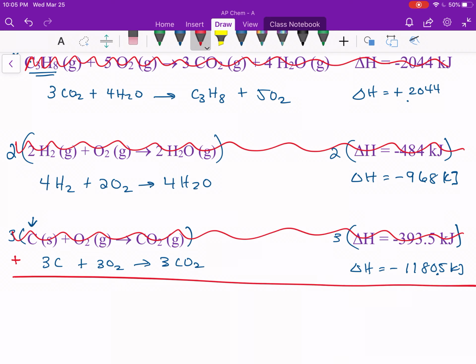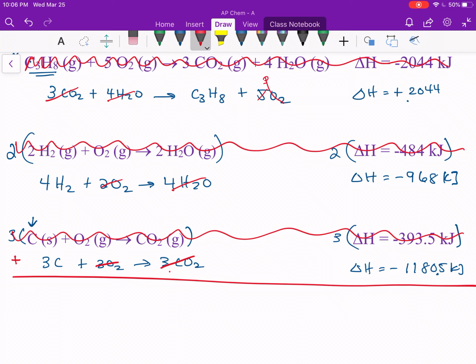But again, before we add, let's cancel things out that appear on opposite sides of the arrow. So if I look here, I have 3 CO2s here, and in the third equation, I have 3 CO2s, so I can cancel those out. What else can I cancel out? I have 4H2 here, and in the second equation, I have 4H2Os there. I can cancel those out. Here I have 2 O2s. I have 5 there, so I can cancel that out. And if I cancel that, it will leave me with 3. And then down here, I still have another 3, so I can cancel, and then I can cancel out the